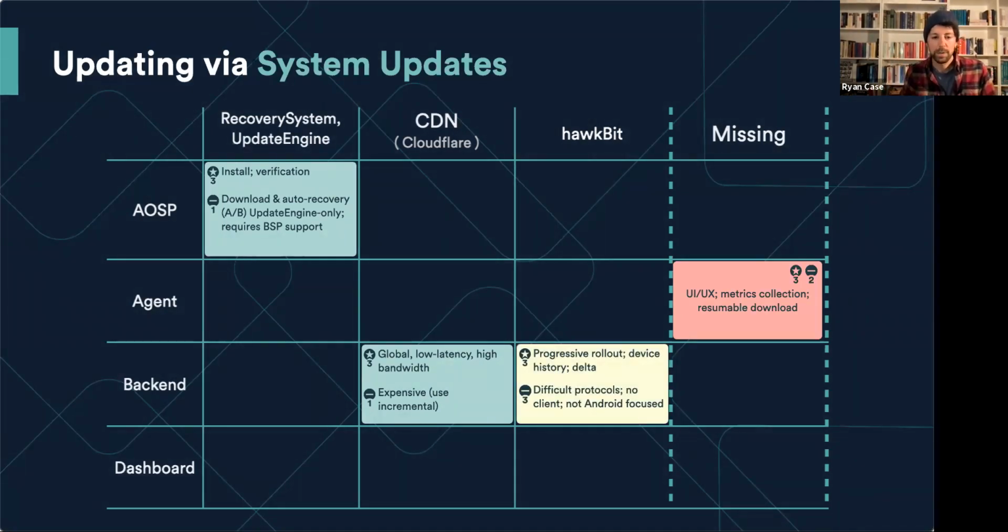In the back end, we're going to need a bunch of features like supporting these incremental updates, or in the case of Hawkbit, they call it Delta updates. You're going to want to know things like, what was the device update history? You're going to want those progressive rollout features that we talked about that are incredibly useful. And Hawkbit is not the easiest thing to set up, so I set it to be yellow, so your mileage